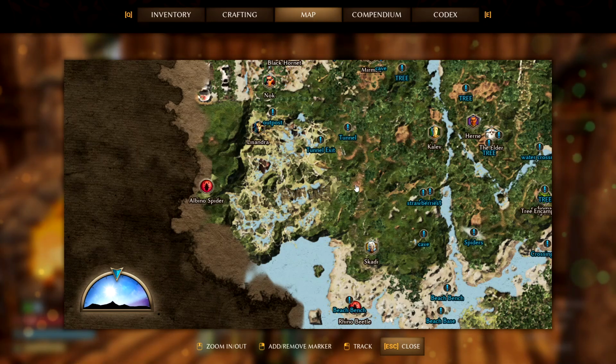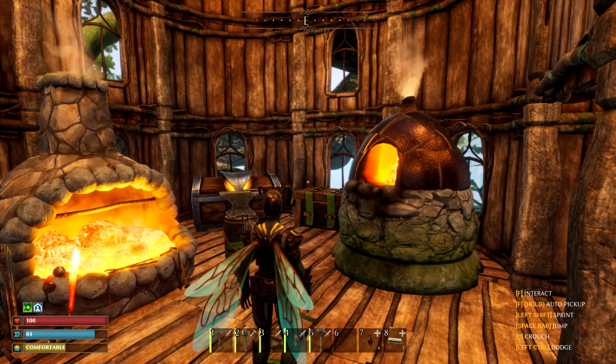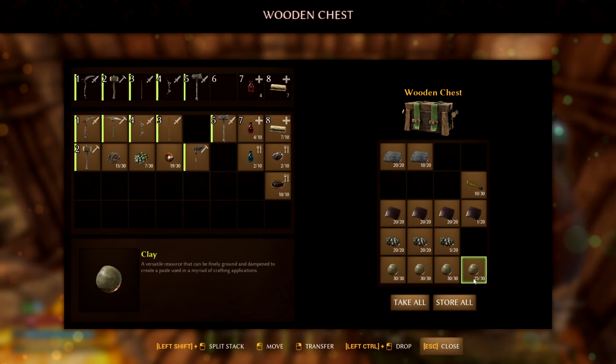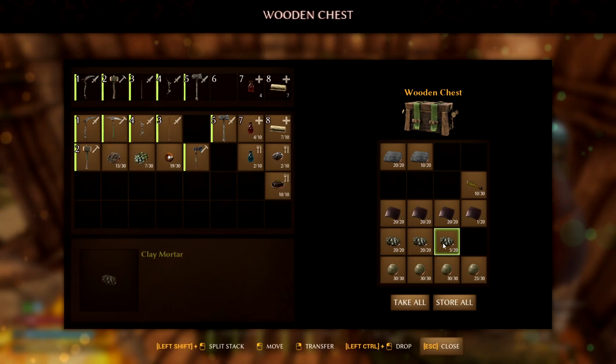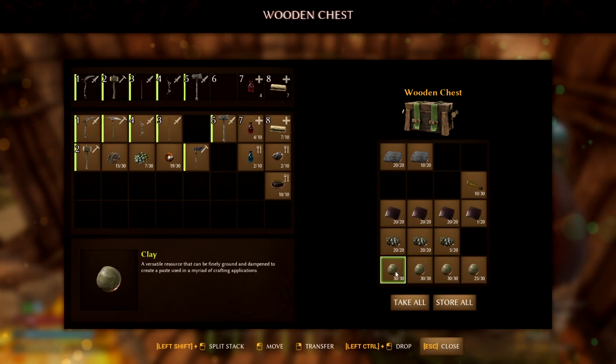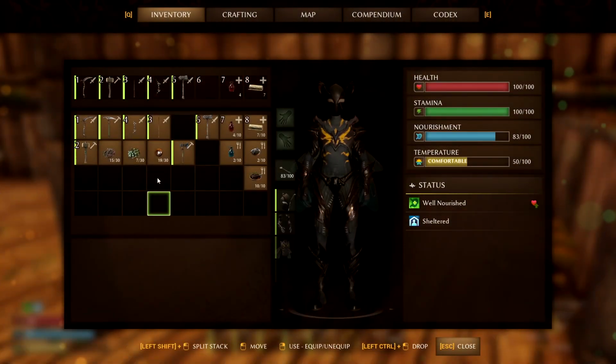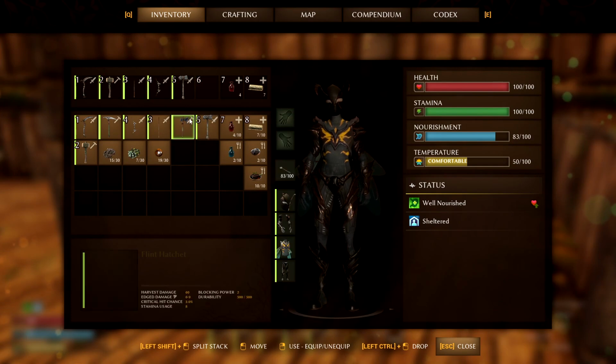It's midday, so I'm going to head out and get to a tree that's a little closer to that location. I'm just going to go ahead and mark that on the map like so. So I picked up a little more clay. We've got a few stacks, and then I've got the clay mortar. I'm using flint arrows at the moment. I just released the